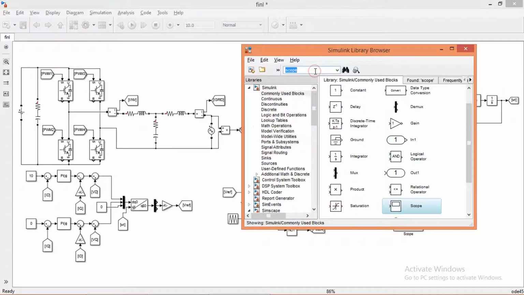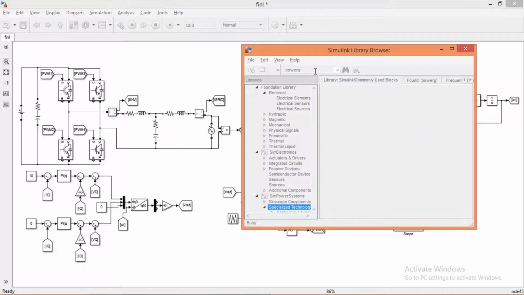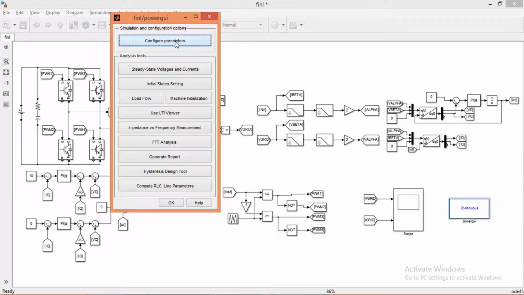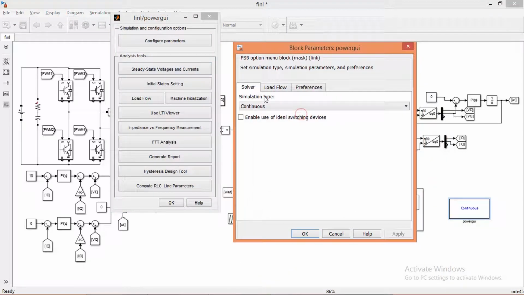Now add a powergui block from library. Set simulation in discrete mode and sampling time 1 microsecond.